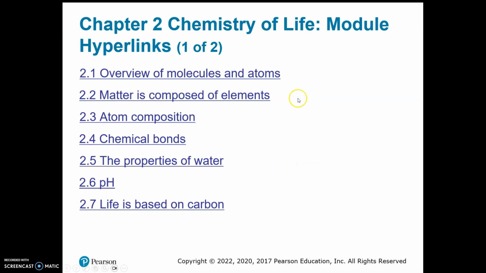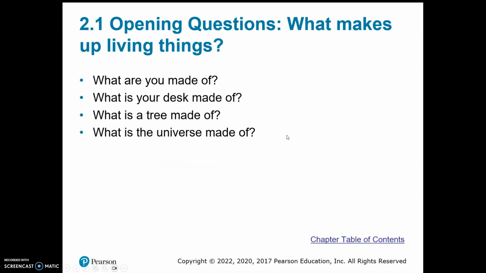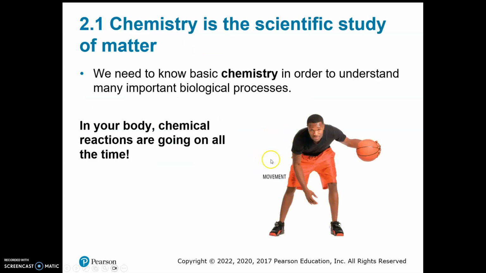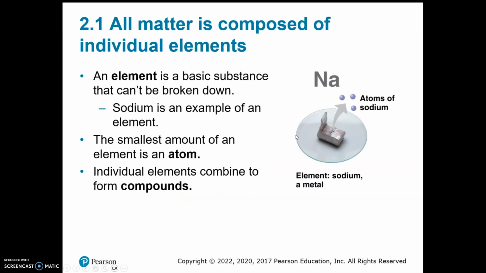Now for chapter 2, just really quick, like I said, we're going to start looking at biology from the molecular level. So you get to look at the smallest unit of matter, which are the atoms. This is a little bit of chemistry, the chemistry we need to understand in order to understand biology. You start with what the atoms are made of, the subatomic particles, which are protons, neutrons, and electrons, and how they work within the atoms,